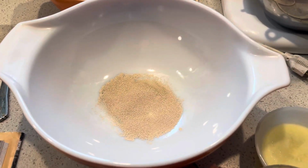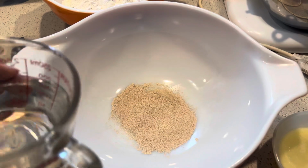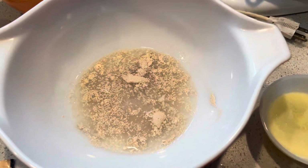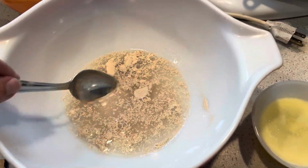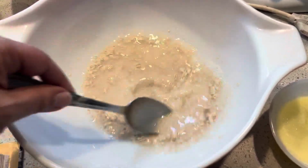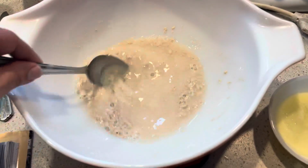Okay, so one of the first things they want you to do is to dissolve the yeast in your warm water. I think mine was at like 112 degrees. So we're going to just let this dissolve in this. And then to this, you're going to add